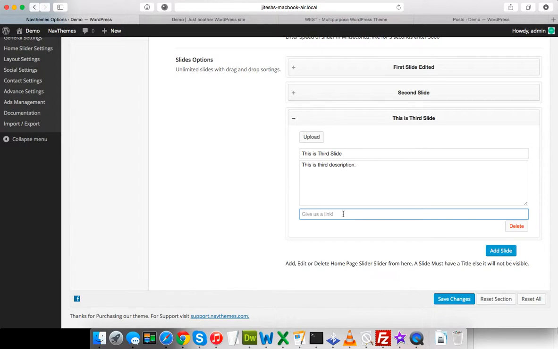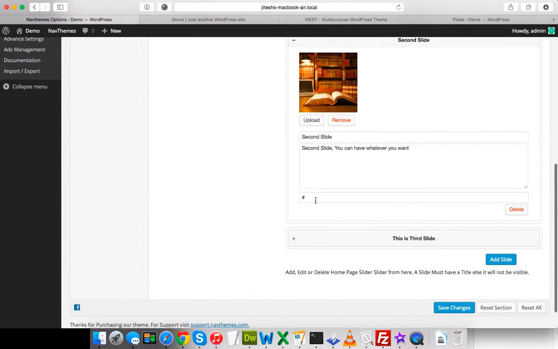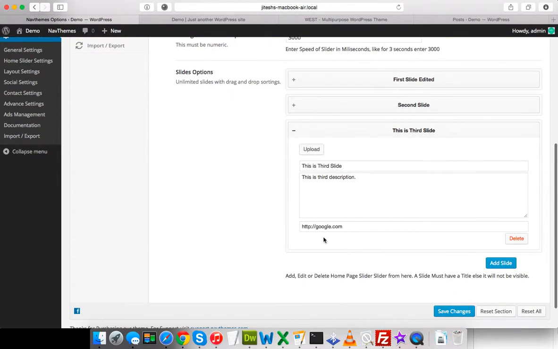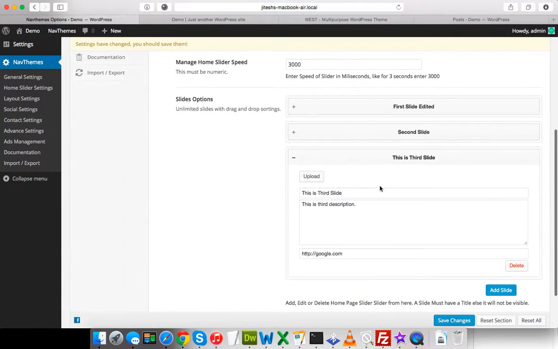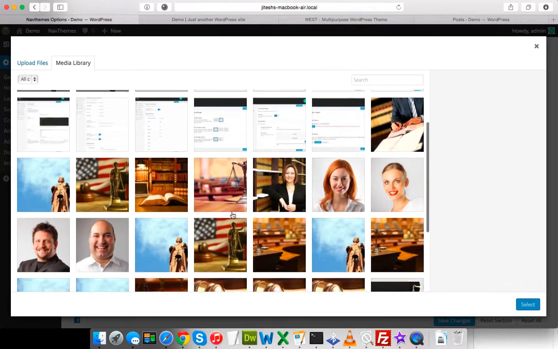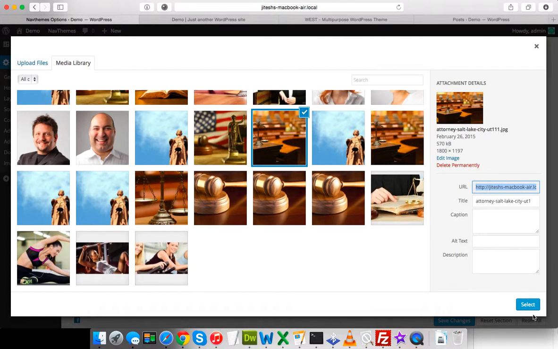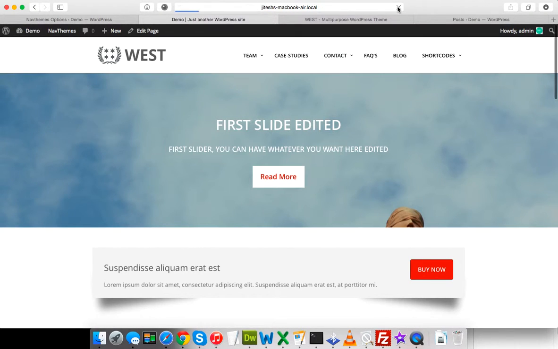If I want to give any link, I can simply give it http. Suppose I want to give google.com. You can see here in these slides I have given actually hash, so it goes nowhere. So I have given this google.com, and I can again save it. I will have to give an image in order to show it properly. So I am choosing this image, select, save changes, let me refresh,